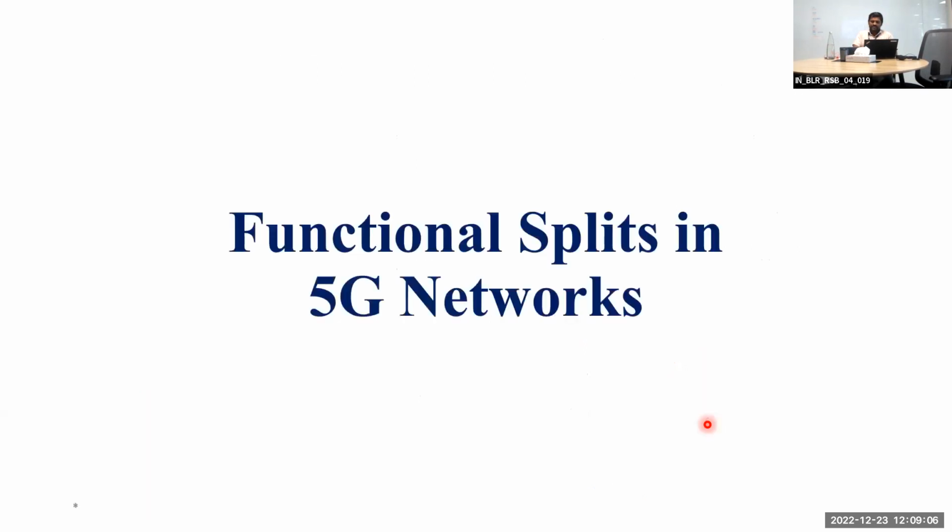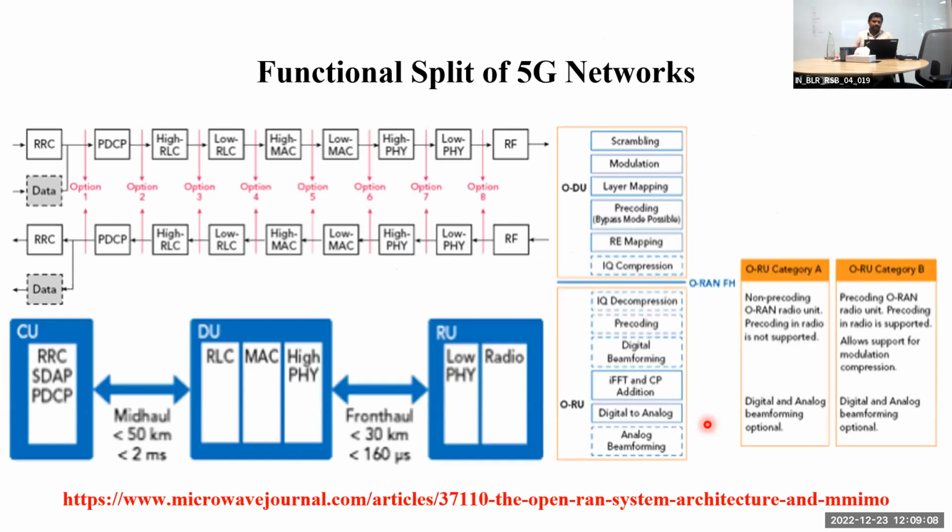Next, we move on to functional splits. As I mentioned some time back, you can see that till layer 3. Layer 3 means network layer, like layer 1 is physical layer, then data link layer, then network layer. So the layer 3 in the network we call CU, DU, RU. On the 3GPP side we call it eNode B, or gNode B. So the three layers will be running in that.